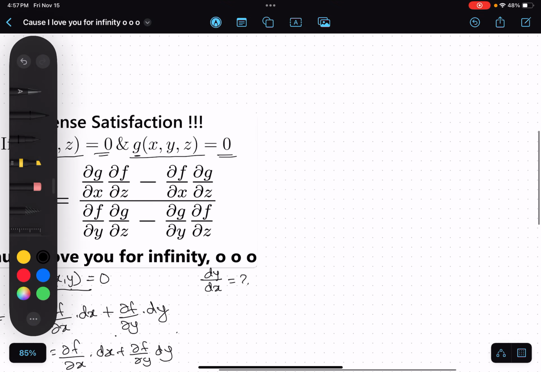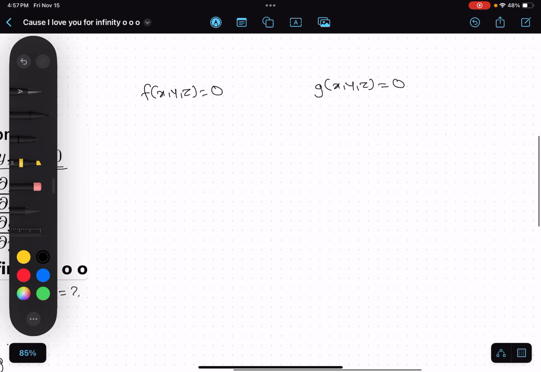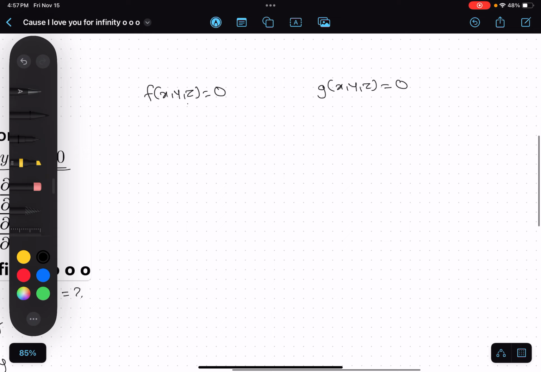Now over here we have f of x, y, z equals 0. We have g of x, y, z equals 0, right? Now over here, if there's a small change in f due to a small change in x, small change in y, small change in z, the change in f would still be 0, right? Because f is always 0. So we see that the small change in f is 0, but the small change in f will be equal to the change in f due to x, change in f due to y, and